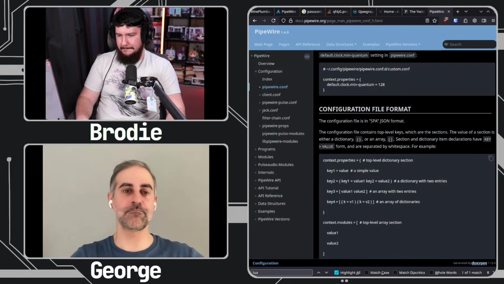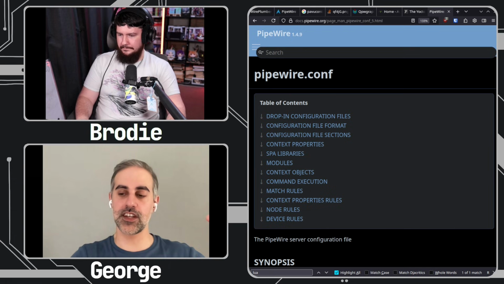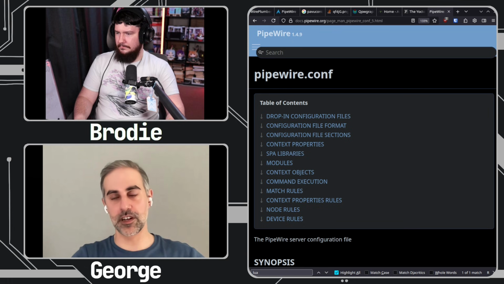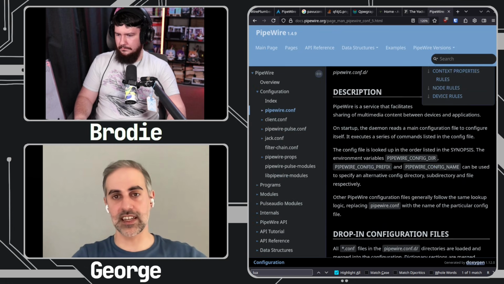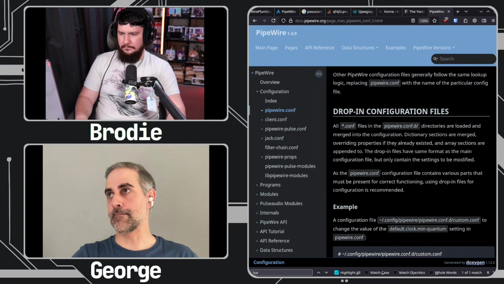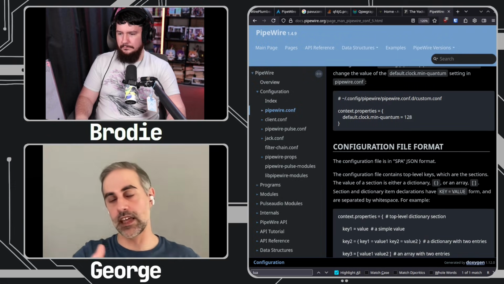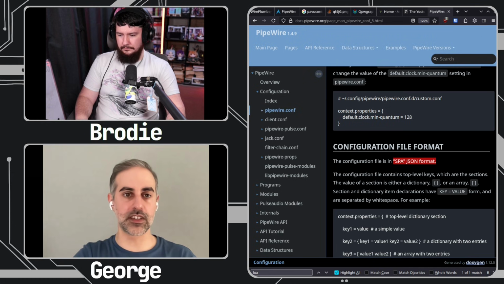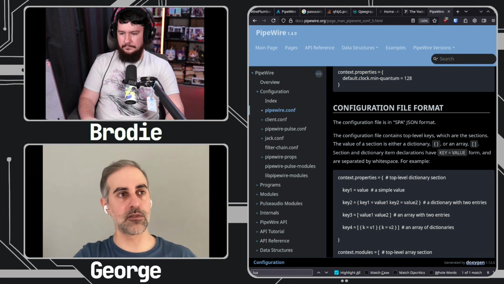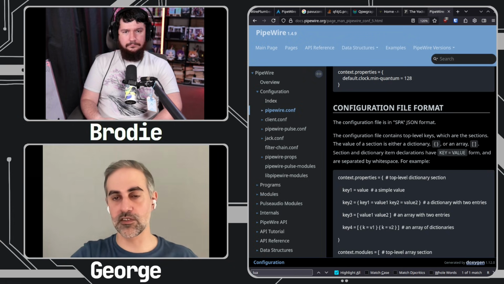So in the meantime, Pipewire developed this JSON-like configuration format that we have today, which is, well, it's not standard JSON. It's a simpler version of JSON, but it can be parsed as JSON. And you can provide JSON files too, if they will be parsed by the same parser. So it also allows people who want to develop tools for creating those configuration files.